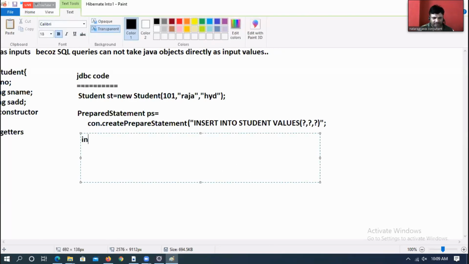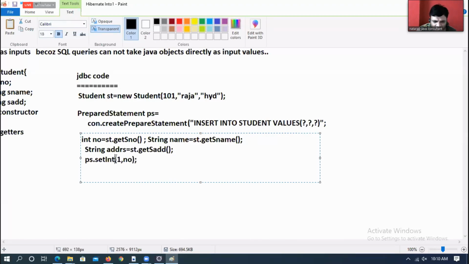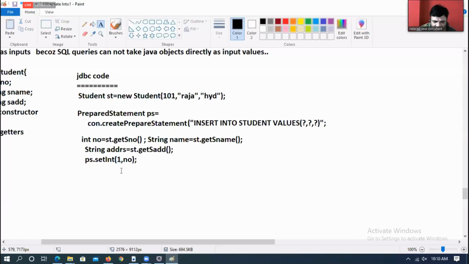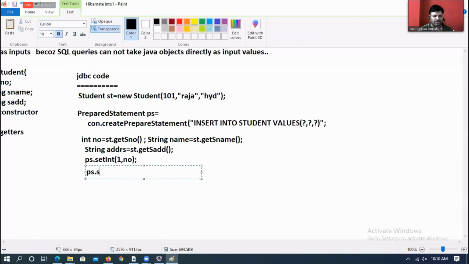Listen, what is this? int no is equal to st.getSno. String name is equal to st.getSname. String address is equal to st.getSadd. I am converting into simple values, then setting them as input values. ps.setInt 1 comma no. This no value will go to the first question mark. ps.setString 2 comma name.